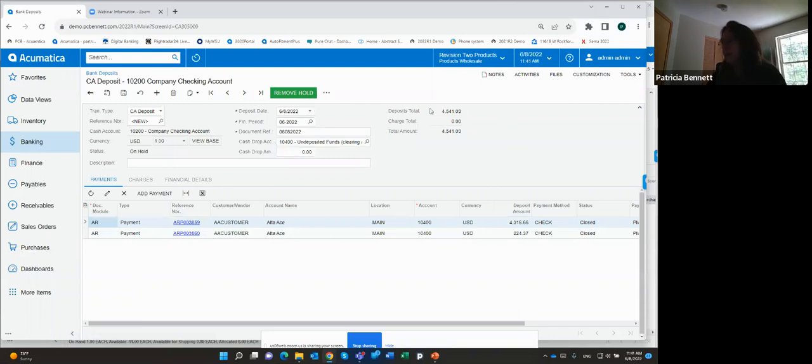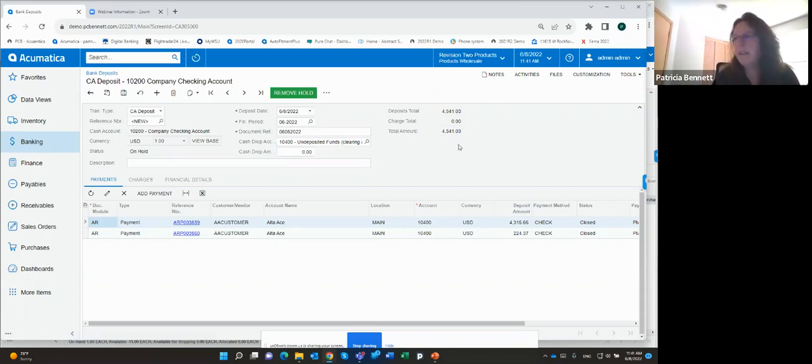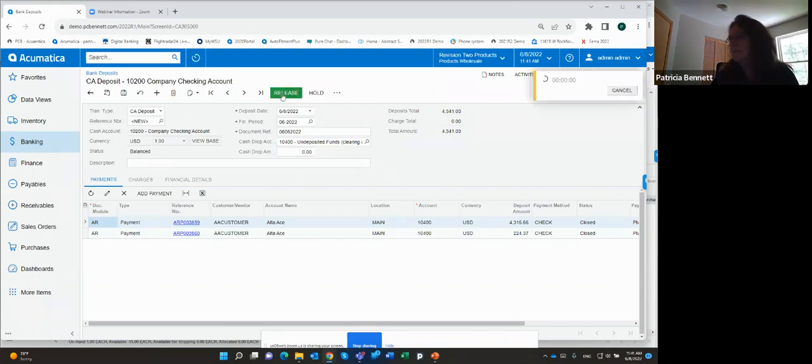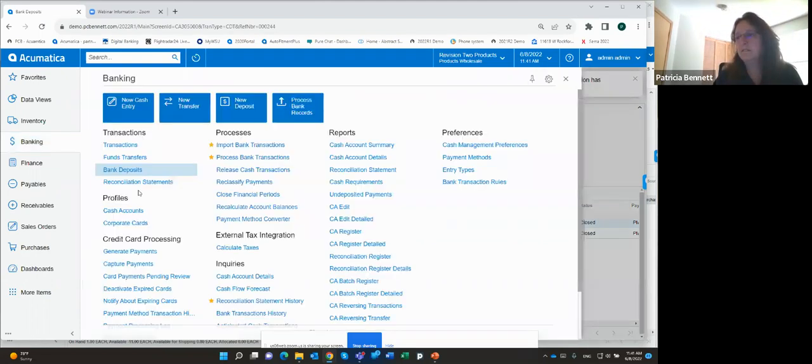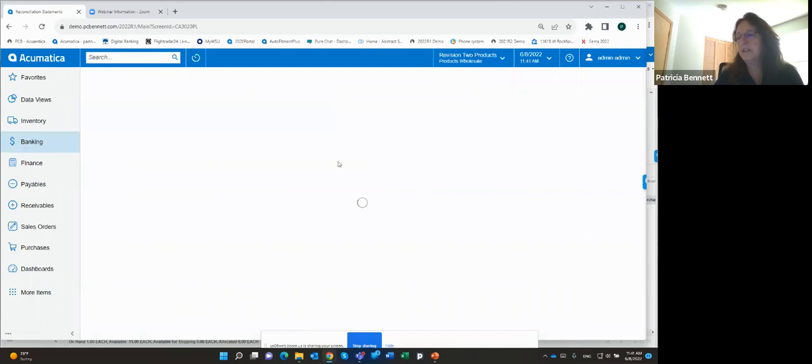And now my deposit into the bank will be for the total amount of checks that I received on that day. I'm going to remove that from hold. I'm going to release. And if I go to my cash account, I should see a deposit for $4,541. So if I go to my reconciliation